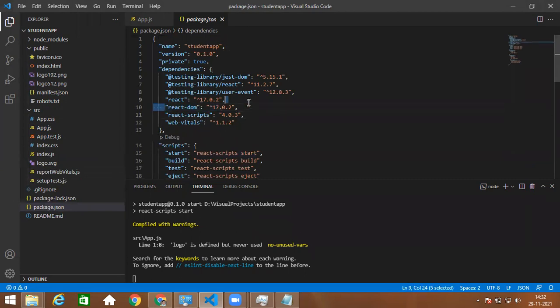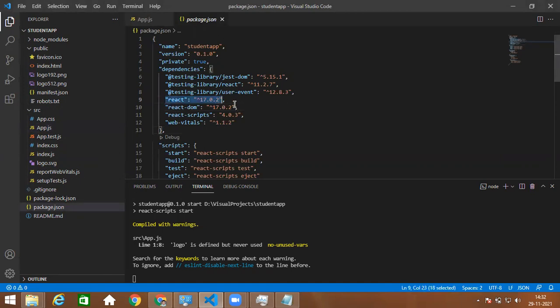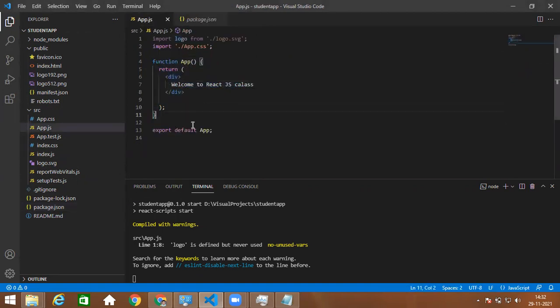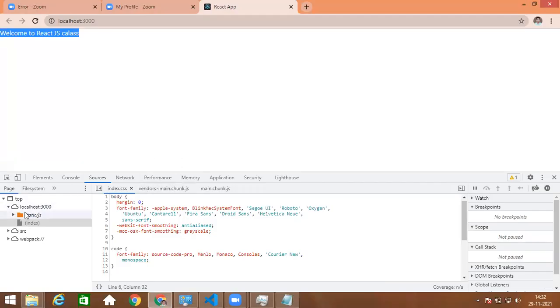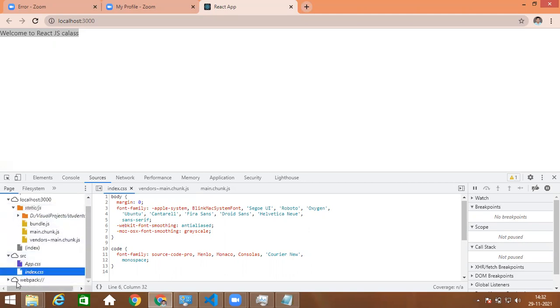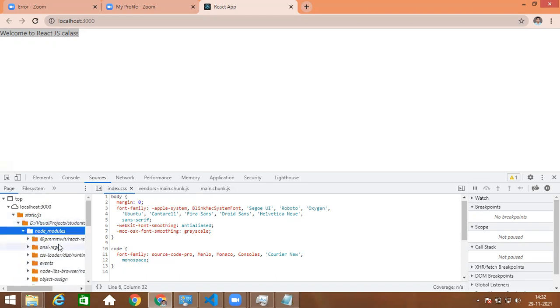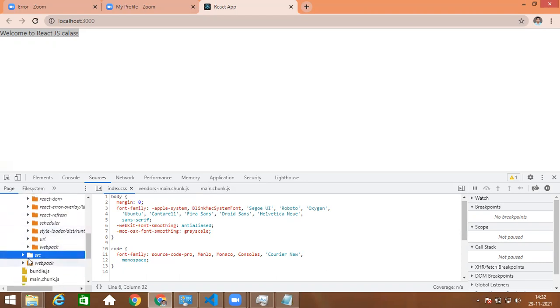You have already used React DOM. Even if you are not explicitly using React DOM here, by default React, React DOM and all the related libraries will be loaded, and they will transform your JavaScript JSX code to browser-understandable code. If you want to see, there are so many files already loaded here. You see index.css, and there are many chunk files. See here, node modules. These are the chunk files already loaded to the browser.